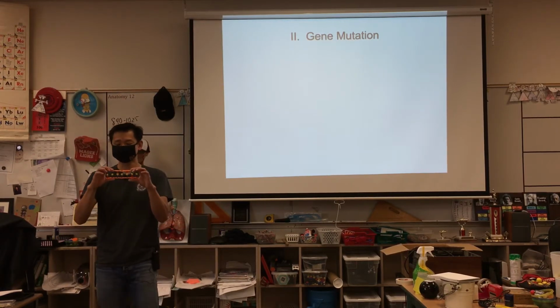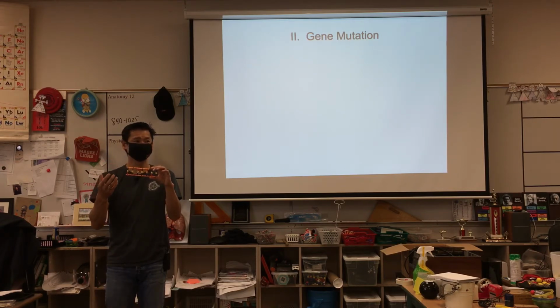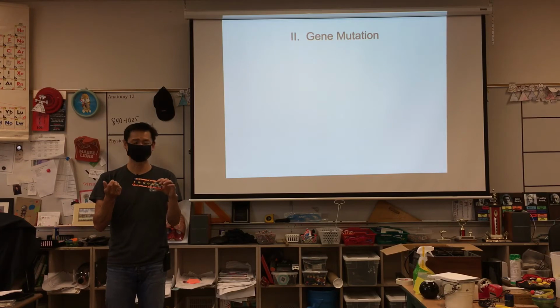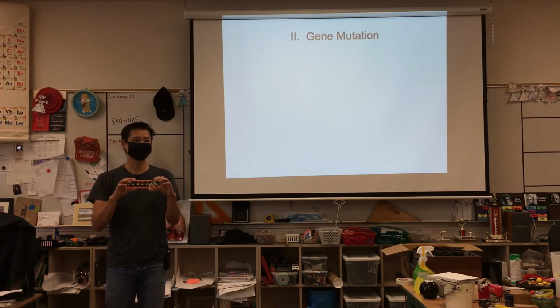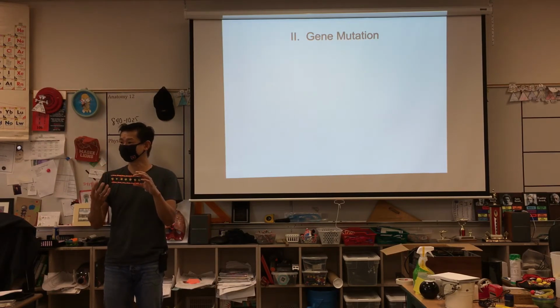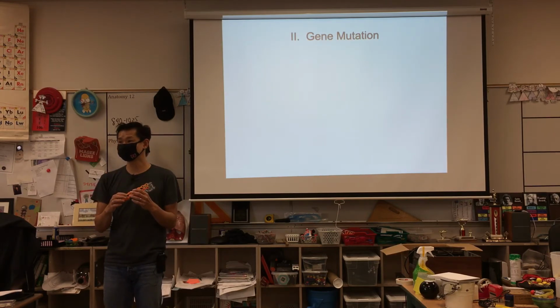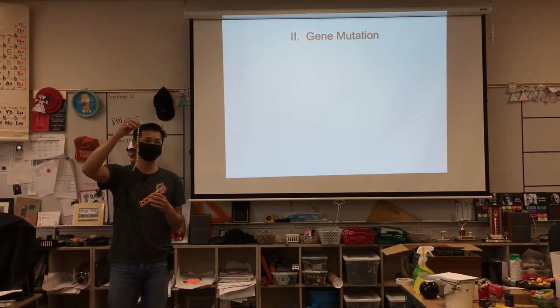Now these genes don't stay forever the same way. We have things called mutagens. Mutagens can be chemicals, right? Or they can be energy. So we can eat things, we can inhale things, and those chemicals, like those that we find in smoke when you're a smoker, can change your DNA. Other things like radiation from the sun, those are energy. They can come in and change your DNA. Now, if it changes the DNA in a gene, that gene could be expressed differently as a protein. That protein could be slightly different.